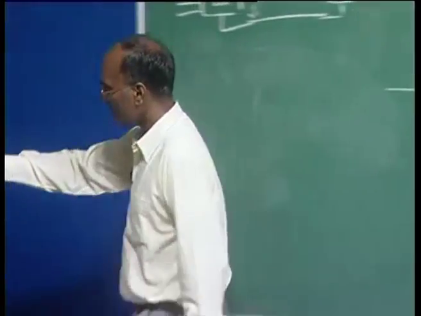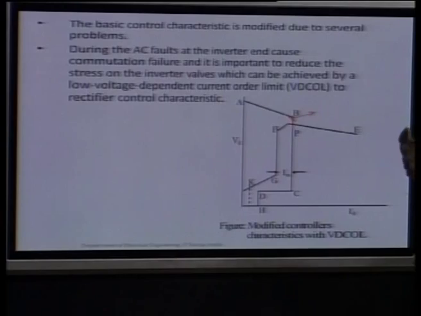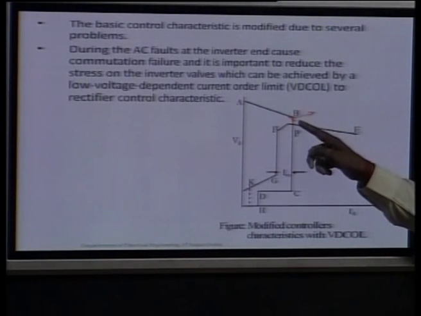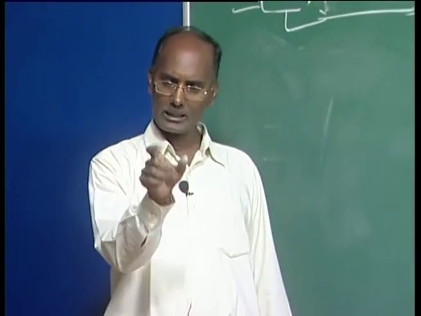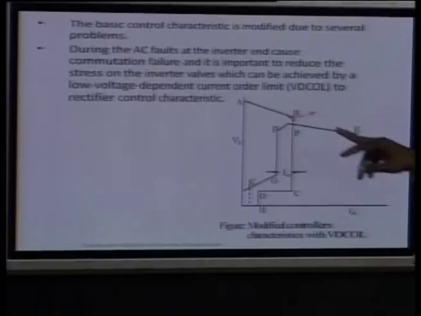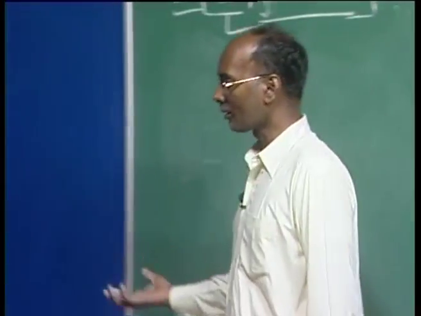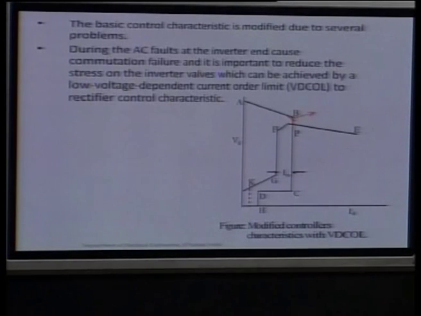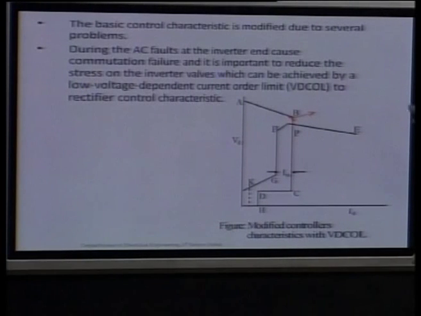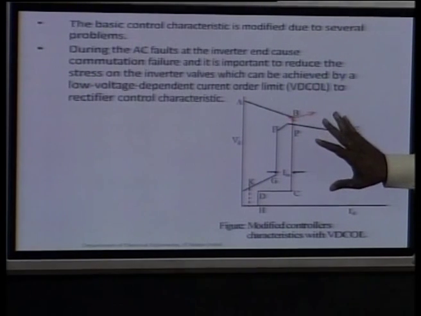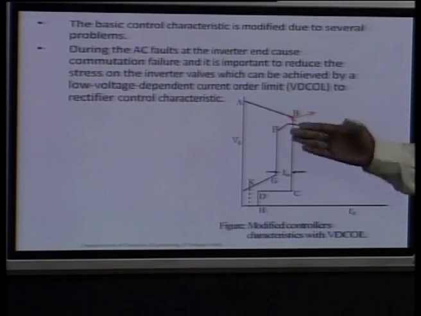At this sharp point, the change of alpha minimum here, we put in another characteristic in between. Because the change from here to here is not sudden, we go for some slope here. So we add some controller so that you can achieve this characteristic. You will find this in some of the modern books, because it is a control in some fashion. So now this is the complete characteristic of your HVDC control in the first quadrant. In case of power reversal, the same is repeated downward.